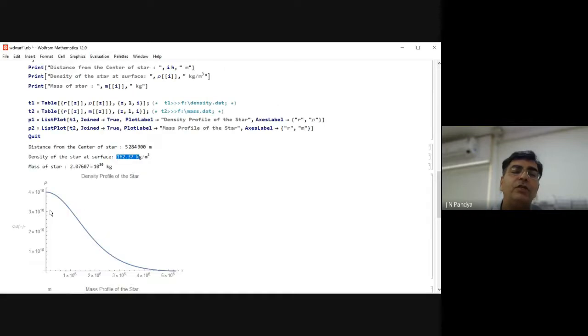So if you want, you can do it manually. If you want, you can do the whole thing in a for loop. And then finally that for loop will check whether this rho, the maximum value that you are getting, is less than that particular threshold value or not. If it is less than the threshold value, fine, you are good to go. You can say, okay, this is the final radius of my star and this will be the final mass of the star. You can see here that the mass is not changing much, okay, but this is changing.